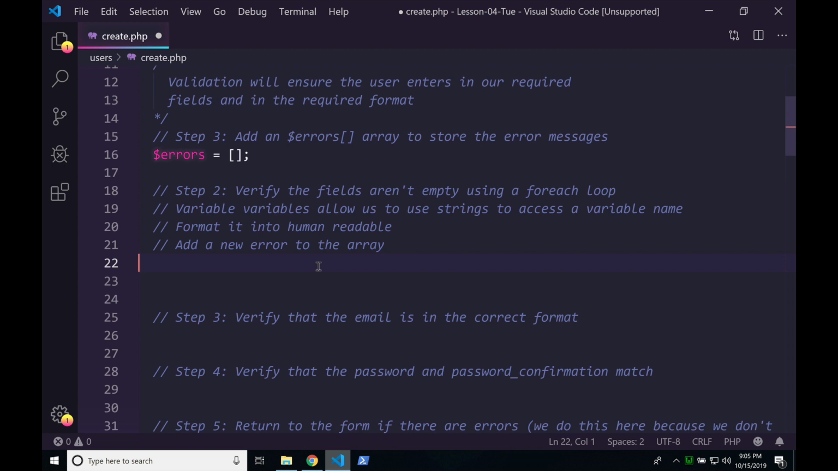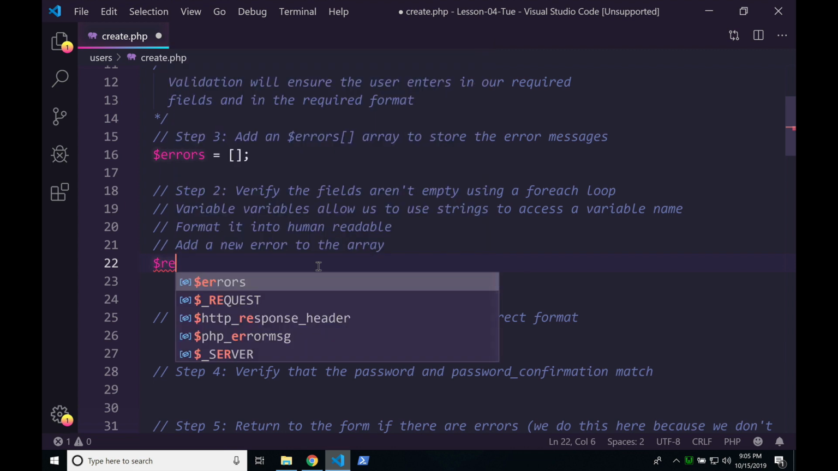All right, so the first thing we're going to do, we're going to define a variable